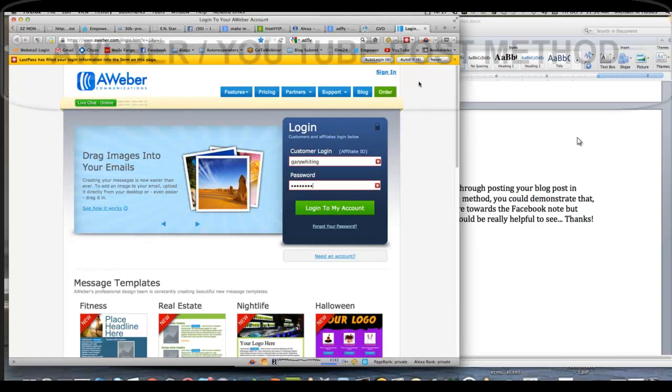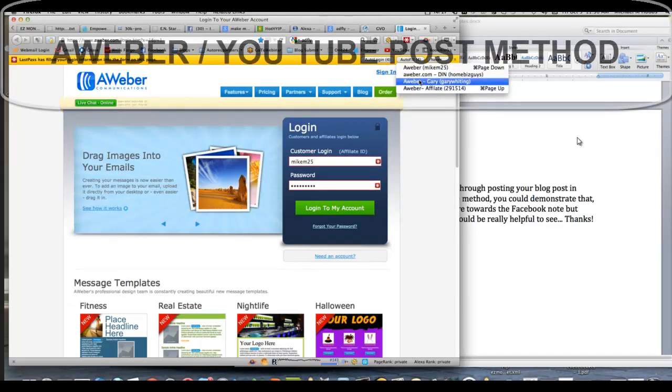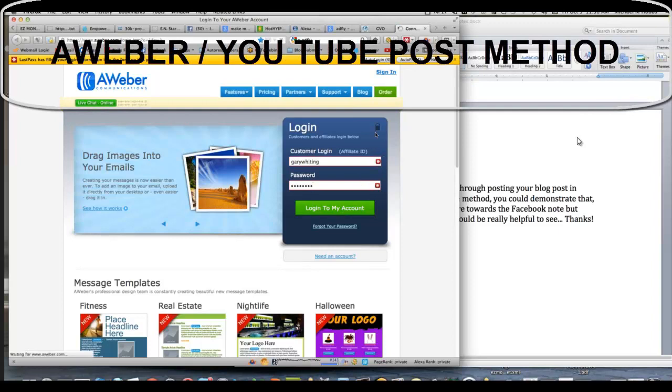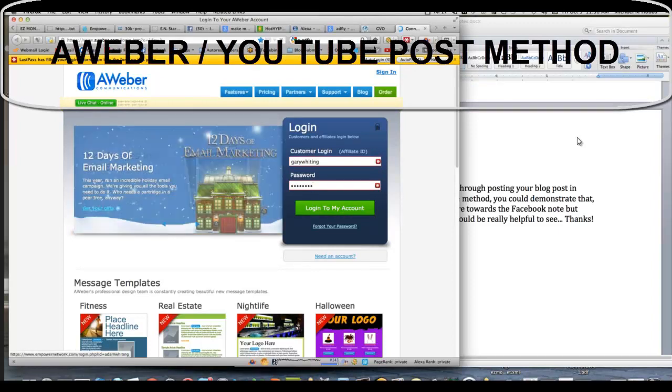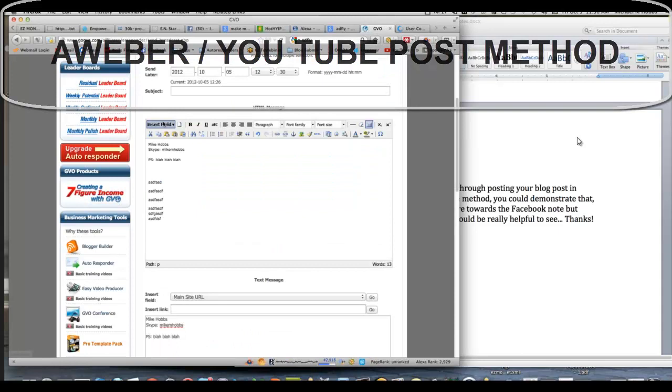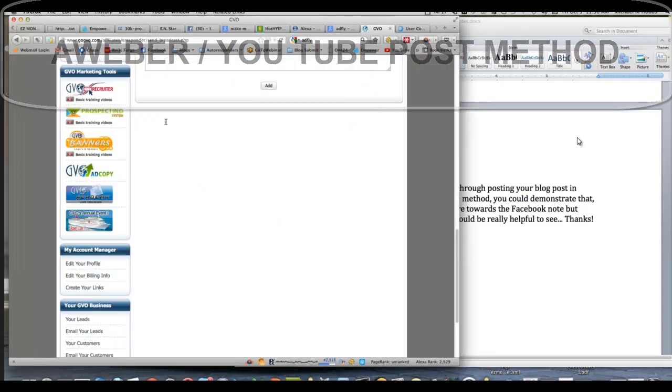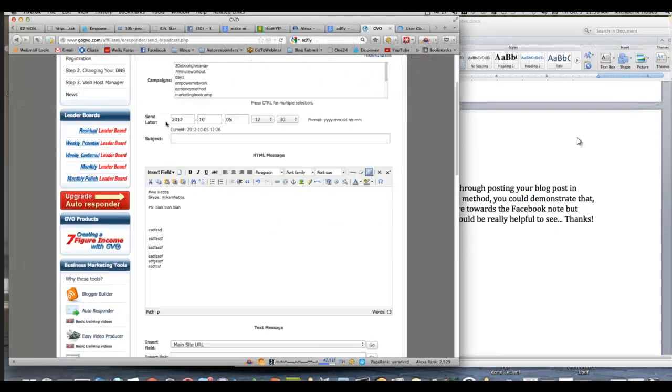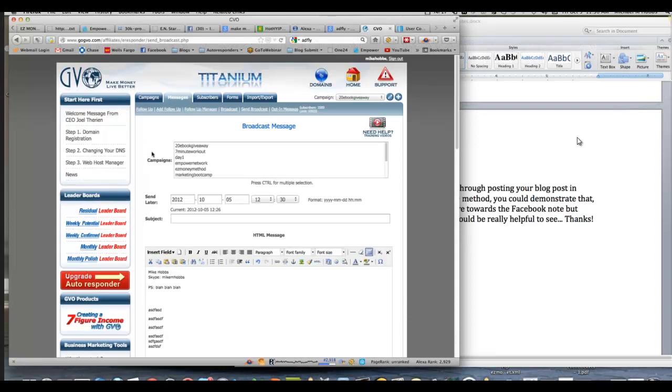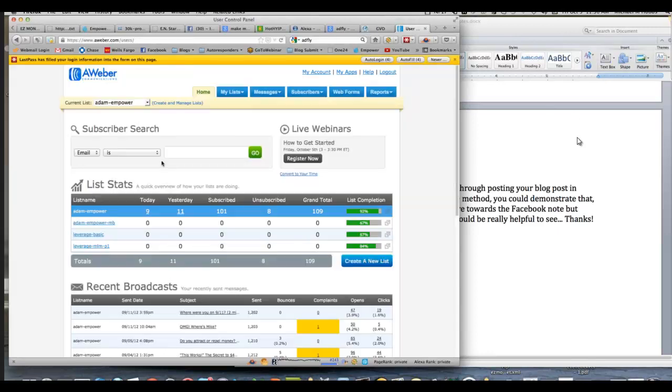But let's say you decide you have Aweber too. Well, Aweber has a pretty cool feature. Now, I don't know if GVO has this. I'm going to talk to Joel and see if they can get the same thing that Aweber has. But this is a pretty sweet thing that Aweber does have.